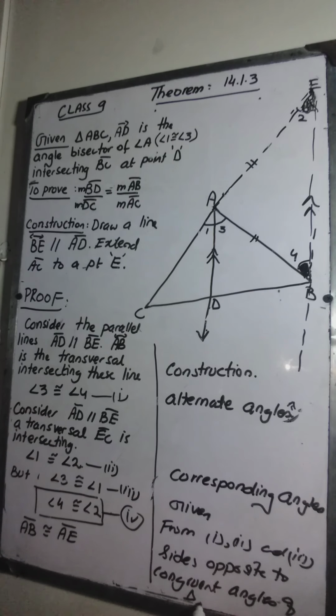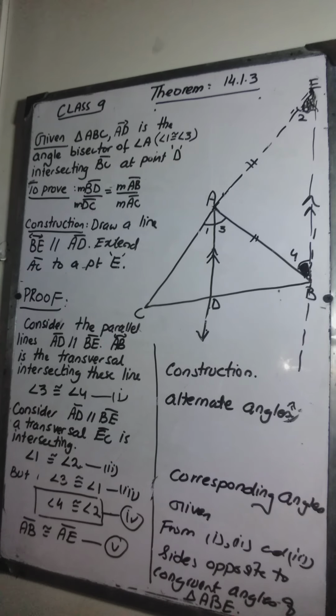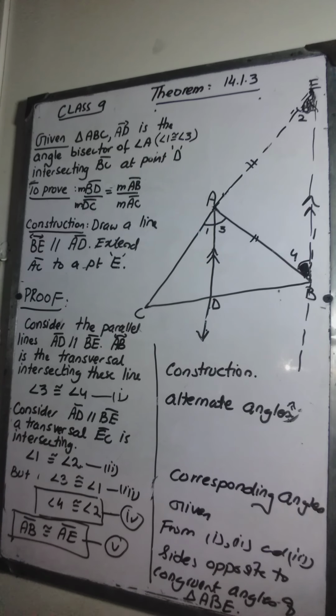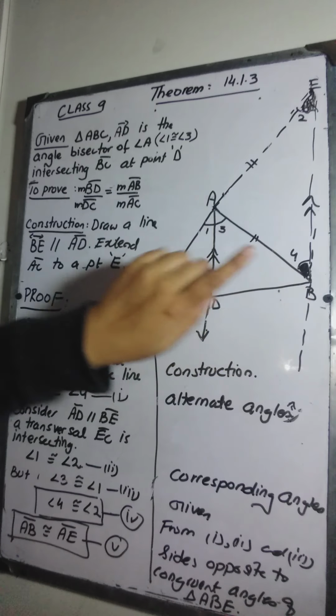Let me mention the triangle also, ABE. Okay, so this is the result number 5. Now only one step is left which will complete this theorem. What we did is that we first took these two parallel lines, and this was the transversal, which gave us